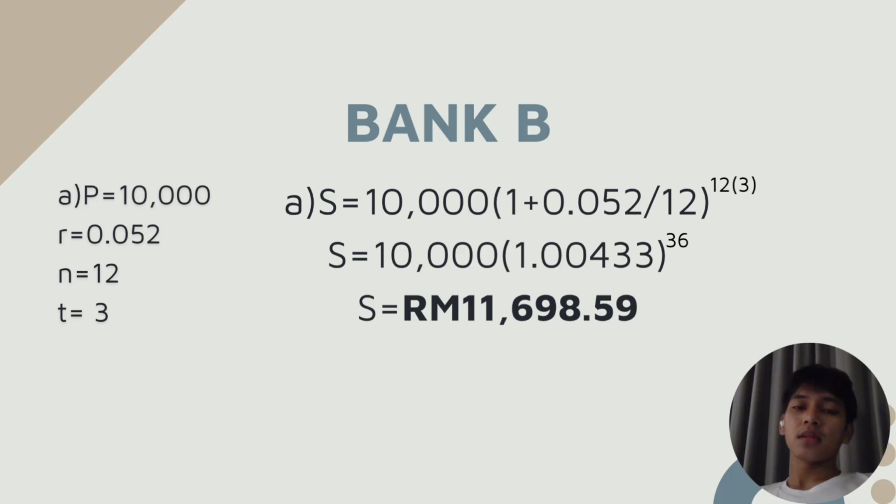S equals 10,000 ringgit, open bracket, 1 plus 0.052 over 12, close bracket, power of 12 times 3. And then S equals 10,000, open bracket, 1.00433, close bracket, power of 36. The answer would be S equals